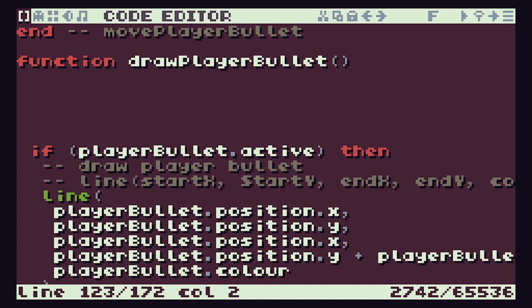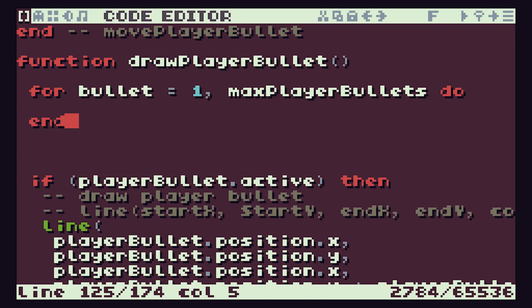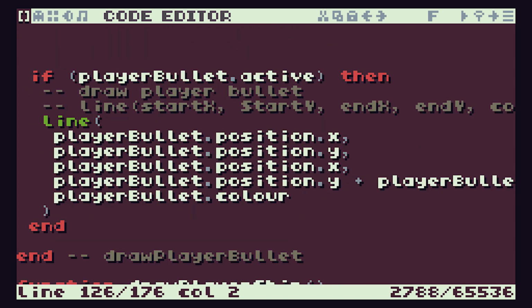So our code then needs to reuse that same idea, but has to do it for all 5 bullets. So again, we're going to use our for loop, and we're going to use our bullet variable, and we're going to say, so for bullet in the range 1 to max player bullets, and then do, put in the end for it, and in the middle here, that's where we're going to do the same block of code, but now for each of the bullets in our player bullets array. So what I can do is I can start